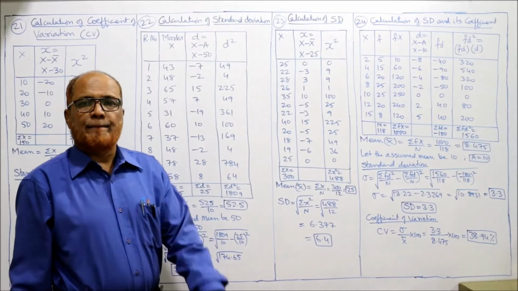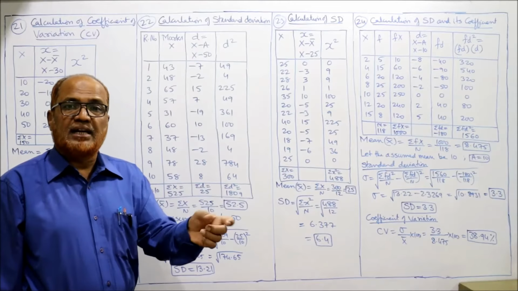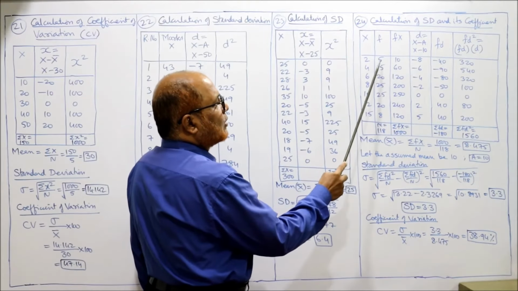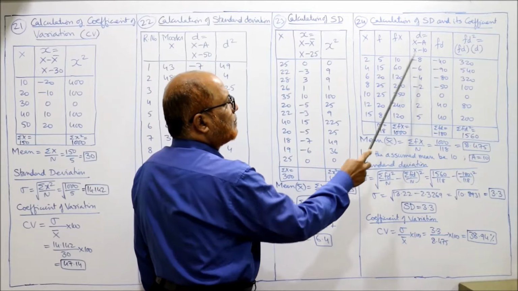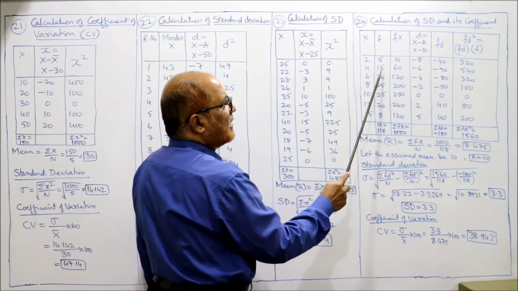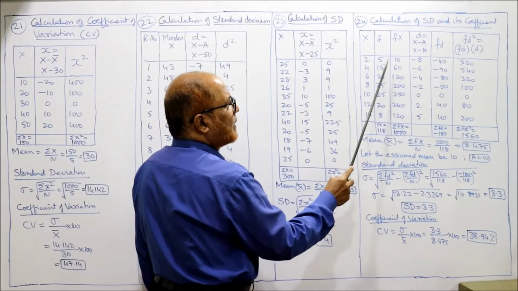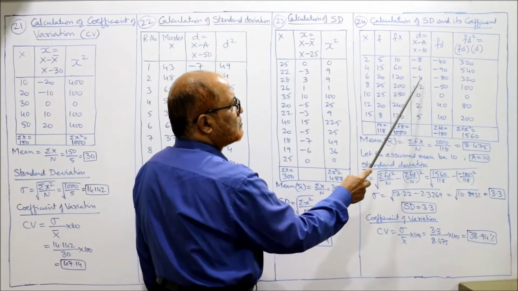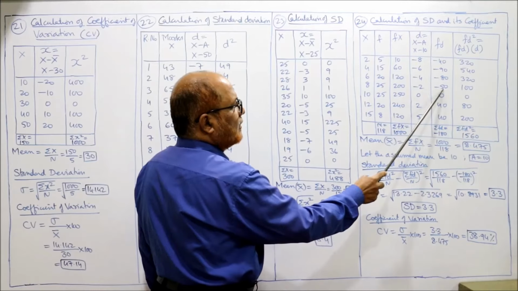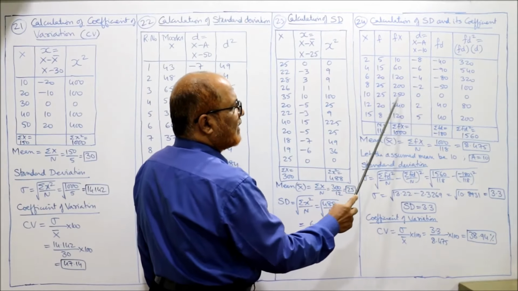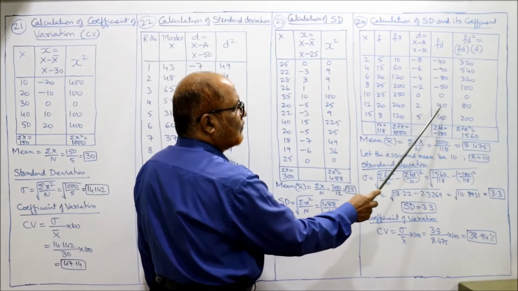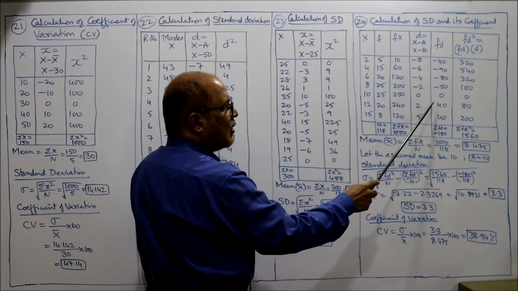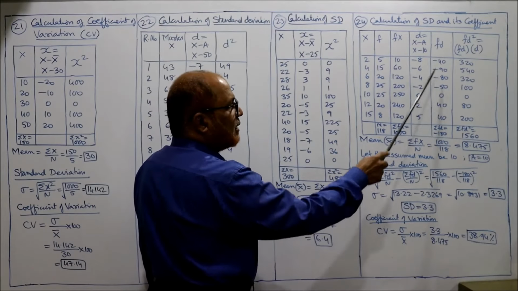Now we require fd, multiply the frequency with the deviations, fd। तो देखिए फ्रीक्वेंसी यहां पर है और d यहां पर है, तो 5 into 8, 5 8s are 40, plus into minus will be minus। Similarly 15 into 6, 90, plus into minus is minus. Then 20 into 4, 80, minus. 25 into 2, 50, minus. अब 25 into 0, 0. 20 into 2, 40. 8 into 5, 40. तो ये चार वैल्यूज माइनस में है और बाकी के तीन वैल्यूज पॉजिटिव है, राइट।